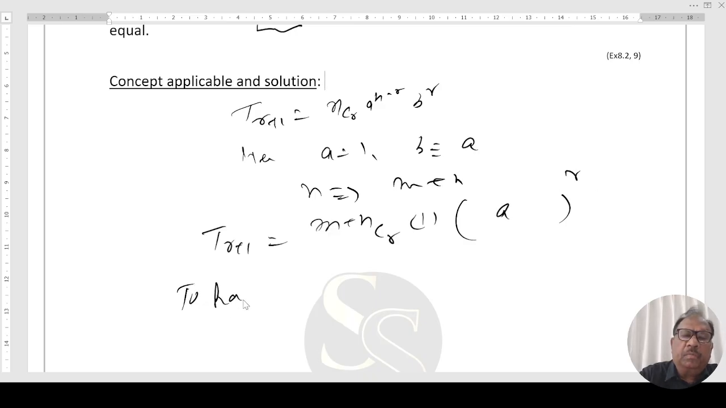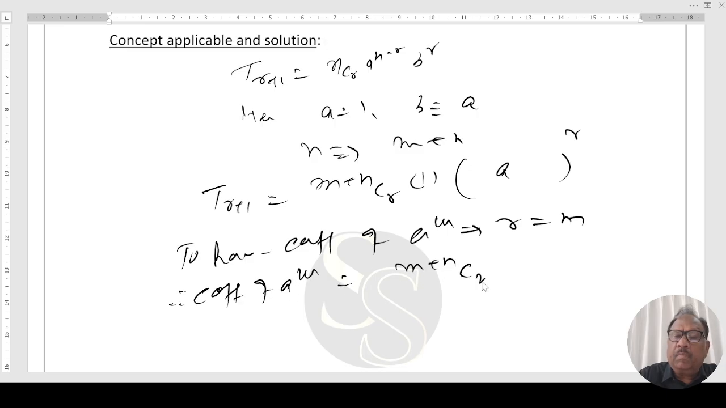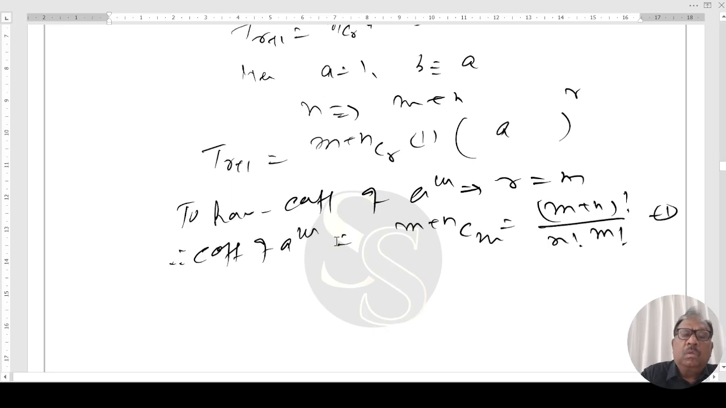To have coefficient of a की power m, r should be equal to m. Therefore, coefficient of a की power m will be equal to (m+n)Cm. That is (m+n) factorial upon this minus this, n factorial into m factorial. This is 1. Now, to have